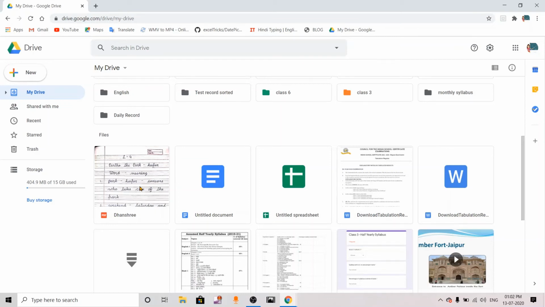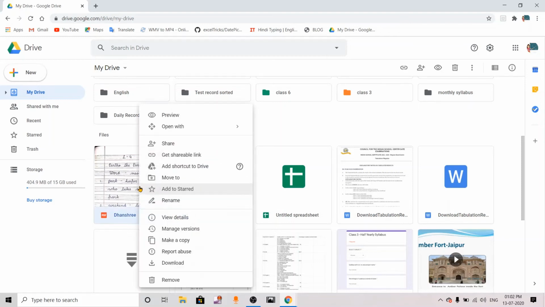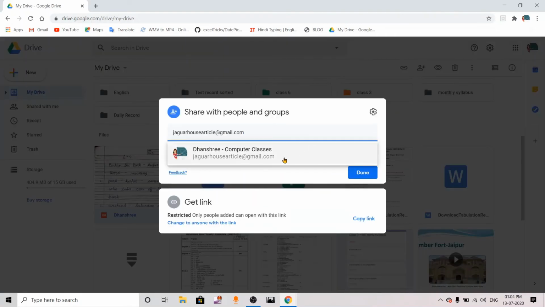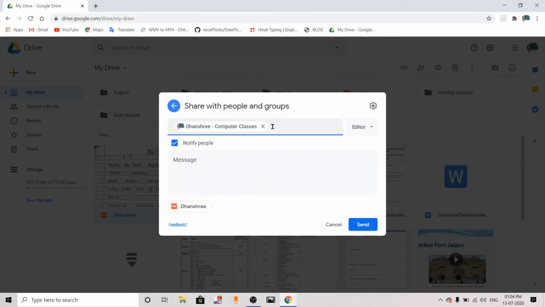After that, now there is an option to share this file. How to share this file? The first one is right click, click on share. Now I have typed an email address. Can you see here 3 options are there: viewer, commenter and editor.